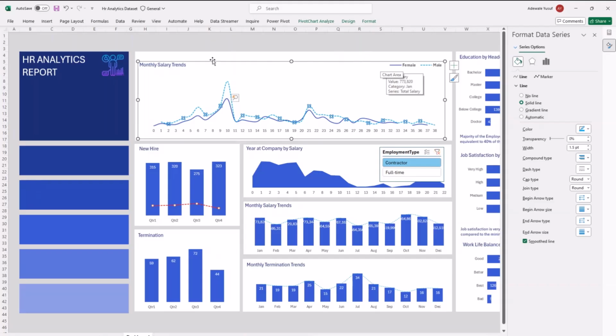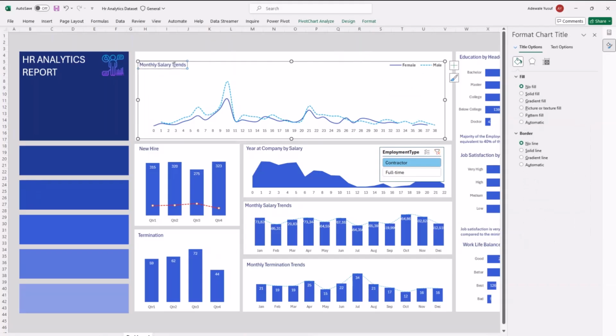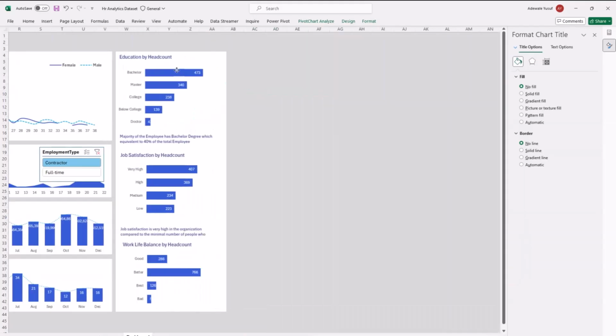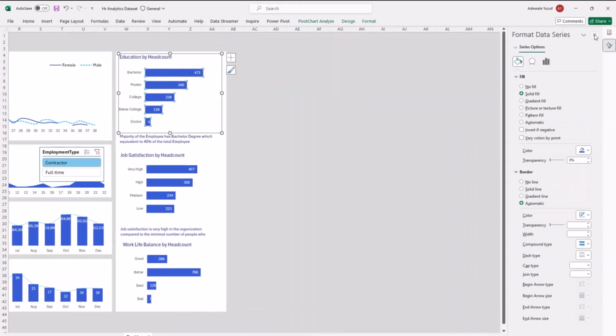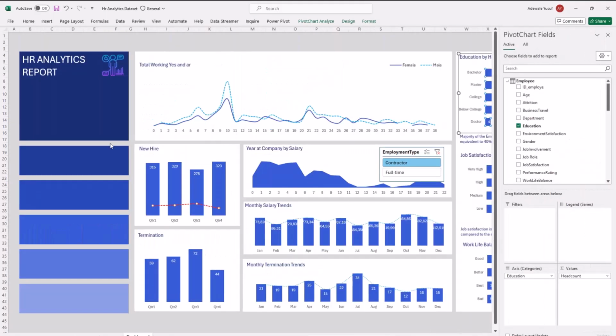It doesn't matter. So then I'm going to give this a name and call it total working years and salary. Oh, sorry, I think I'm typing in the wrong place. Let me go back.